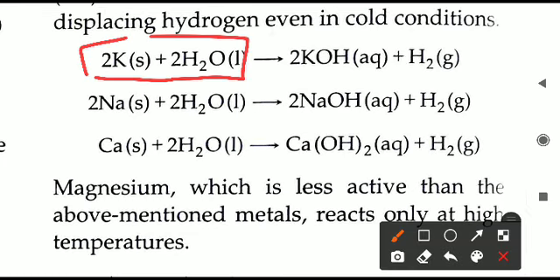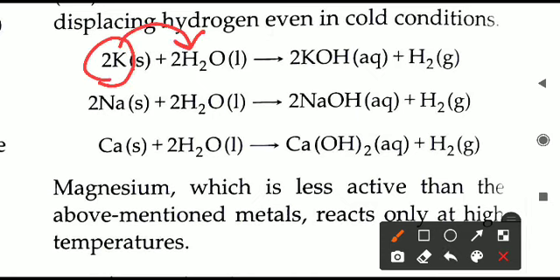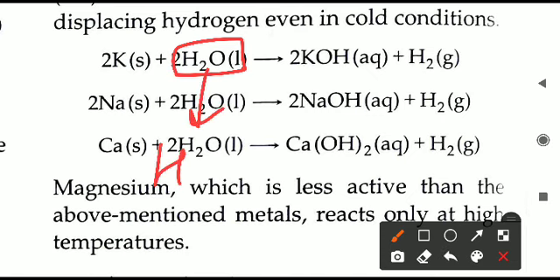Here you will understand. The particular reaction is 2K plus 2H2O gives 2KOH plus H2. How has this reaction happened here? For this, potassium is more reactive. It will approach towards hydrogen and remove one hydrogen from here. H2O. What is H2O? First of all, you understand this. H2O is made up of one H plus ion followed by OH minus ion. H2O is divided into two parts, H and OH.